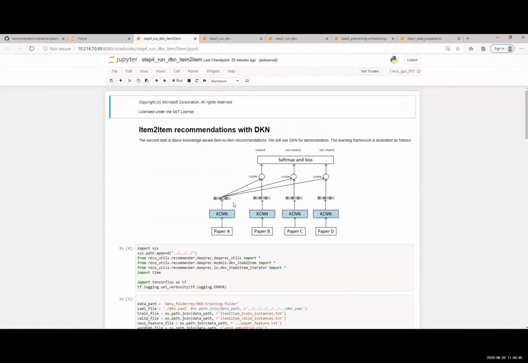This is different from the user-to-item recommendations. In these scenarios, we don't need the user sequence because it is a non-personalized recommendation. So we only need the KCNN module from the DKN model for each item. After it goes through the KCNN module, it will produce an embedding vector